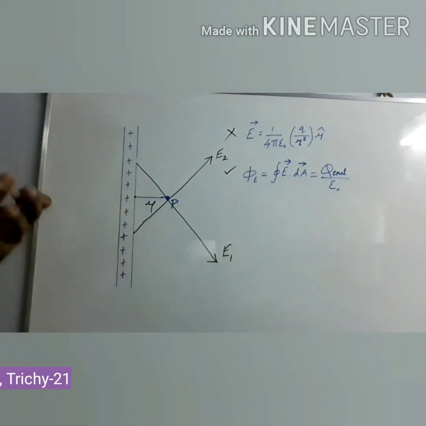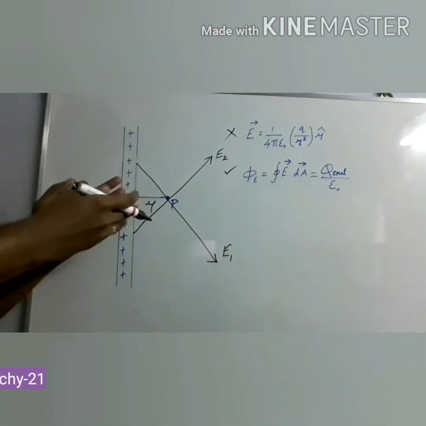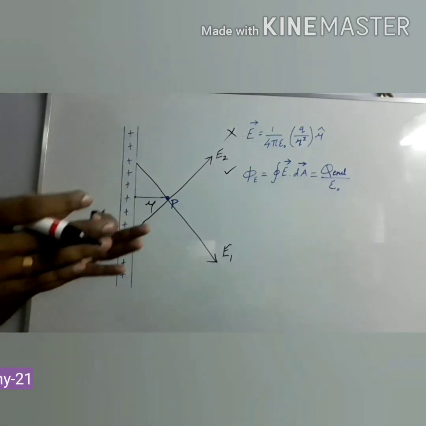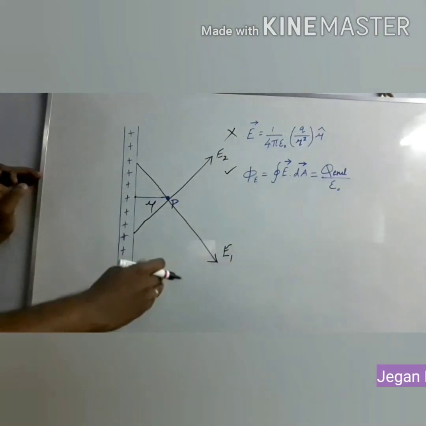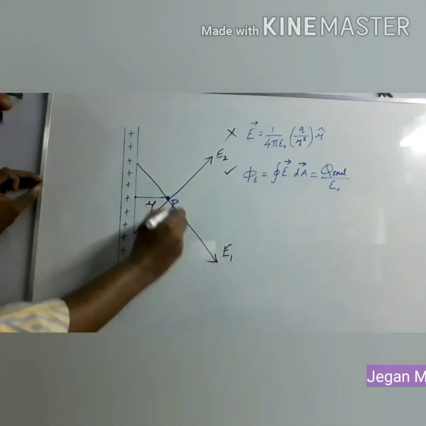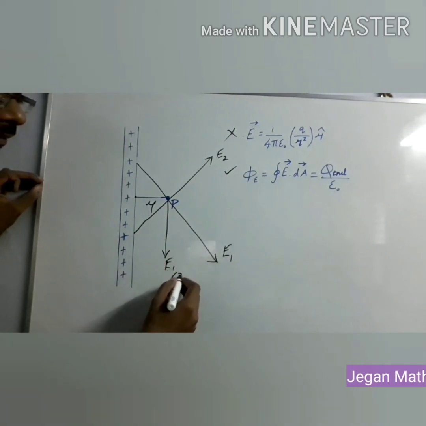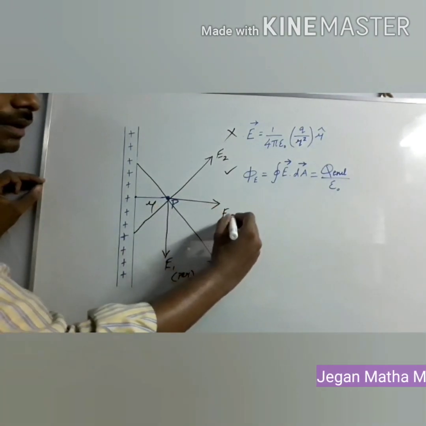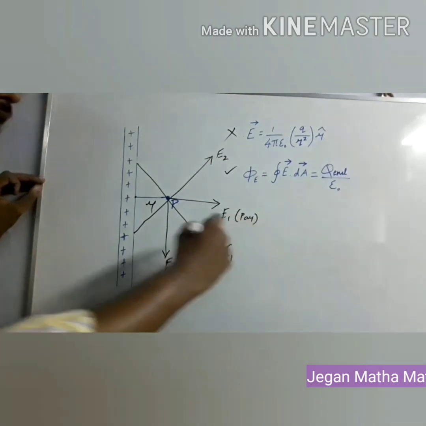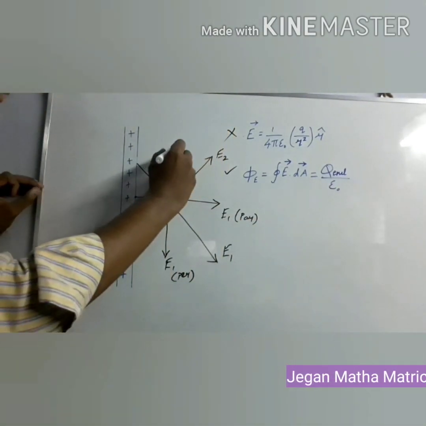Both are in different directions. Then how can you find the resultant direction? In the equatorial plane we have learned already. In this type of case we can divide the vector into its components. The first electric field can be split into a horizontal component and a vertical component. Here it is the perpendicular component of E1. What about the parallel component? It acts along this direction. So E1 parallel.